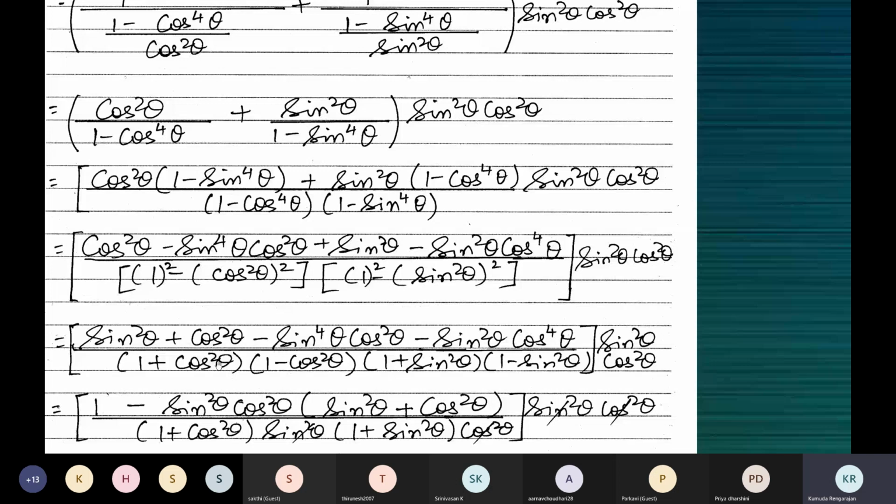So in the next step, you can see 1 minus cos square theta, sine square theta. And 1 minus sine square theta is cos square theta. This we've written as it is. 1 plus sine square theta, you can see it here. 1 plus cos square theta, you can see it here. 1 minus sine square theta is 1 minus cos square theta, sine square theta. 1 minus sine square theta is cos square theta. And this sine square theta and cos square theta gets cancelled with sine square theta and cos square theta in the numerator. Outside, in the numerator, we have this. So they get cancelled. These two are in the denominator here. So they all get cancelled.